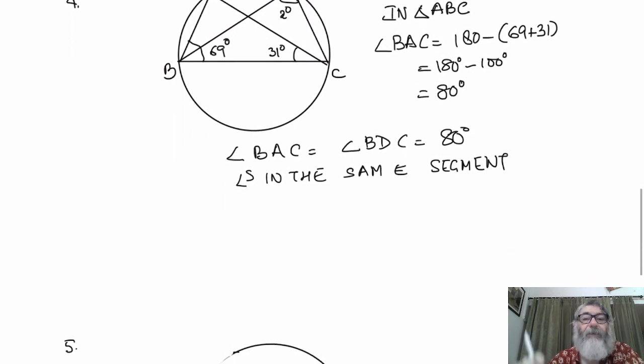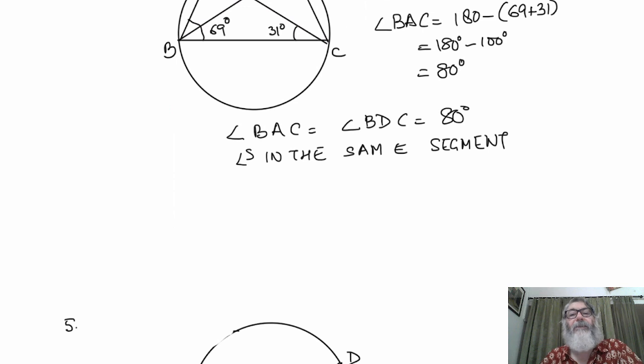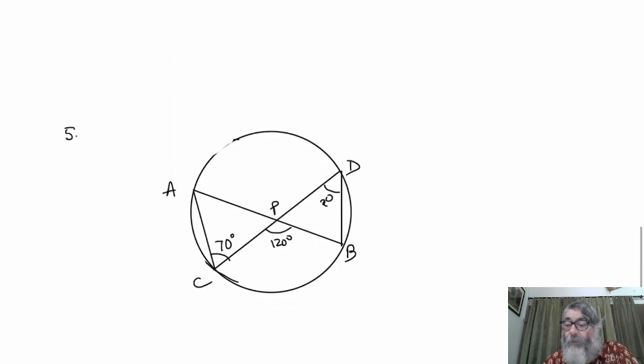We are applying mainly the property that angles in the same segment of a circle are equal, because it is very essential for you to understand what a segment is. If you don't understand what a segment is, then you won't be able to apply this property. That is why we are insisting so much on the word segment and its application, and in every question we are trying to tell you what a segment is. I have done one video on the segment itself.